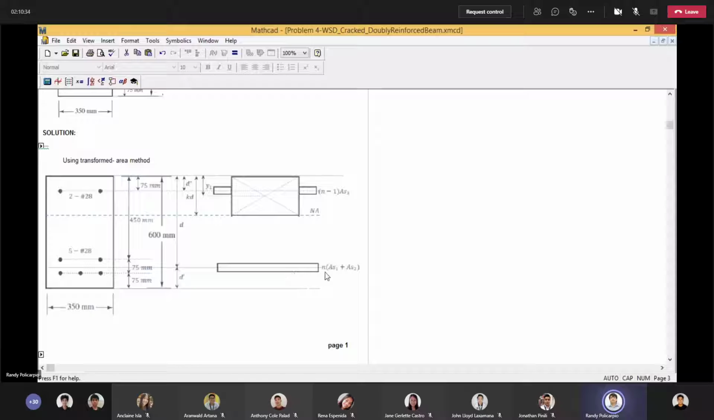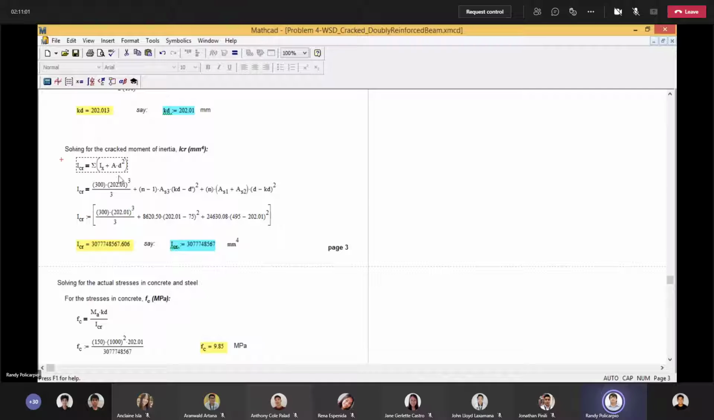Similarly, ganun din dito sa tension reinforcement natin. Hindi coincide yung centroid nito with respect to the neutral axis. So, meron siyang corresponding D distance. So, gagamit tayo ng transfer formula para dito. Kaya yung ating equation for the